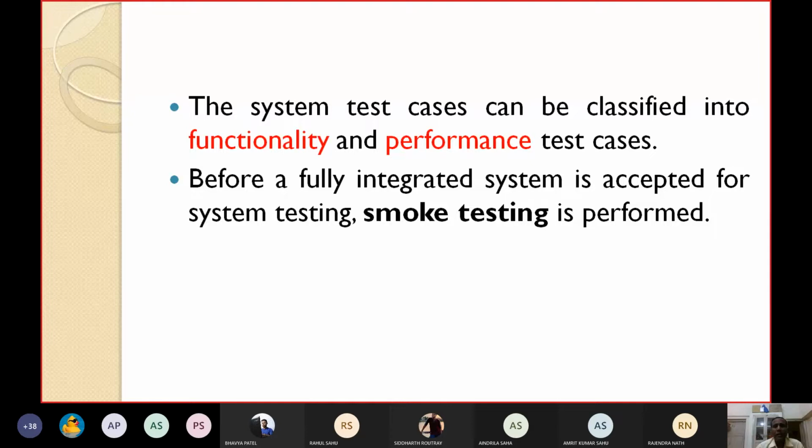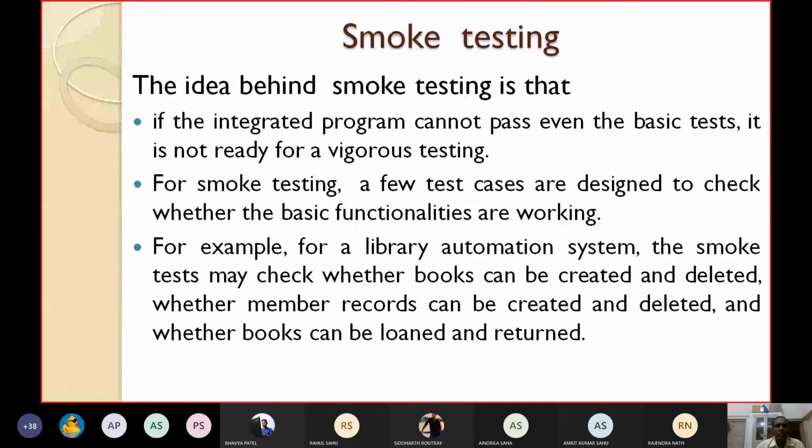But before a fully integrated system is accepted for system testing, another testing that people nowadays use in industry has to be performed, called smoke testing. Let's see what smoke testing is. The idea behind smoke testing is that if the integrated program cannot pass even the basic test, then why should you go for further tests?